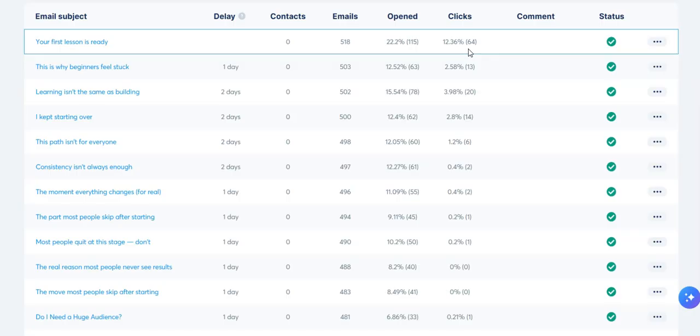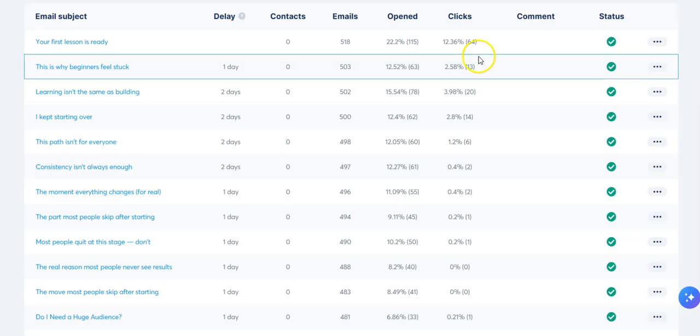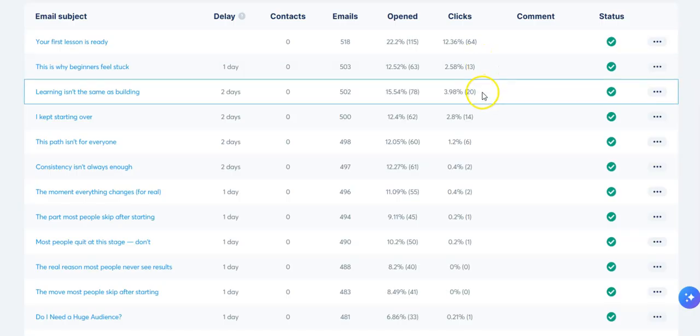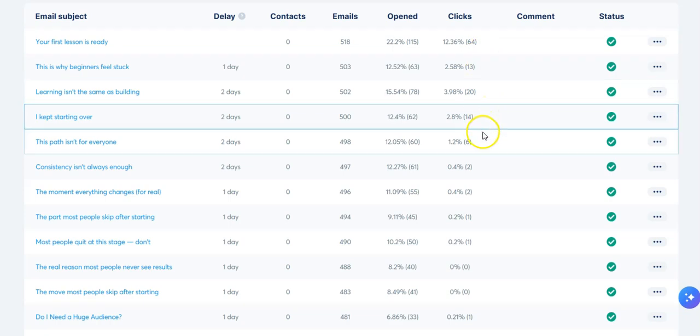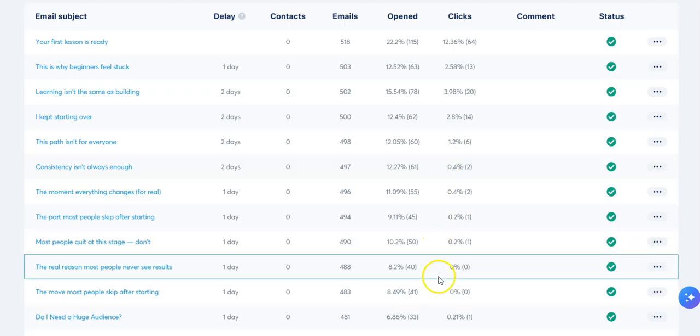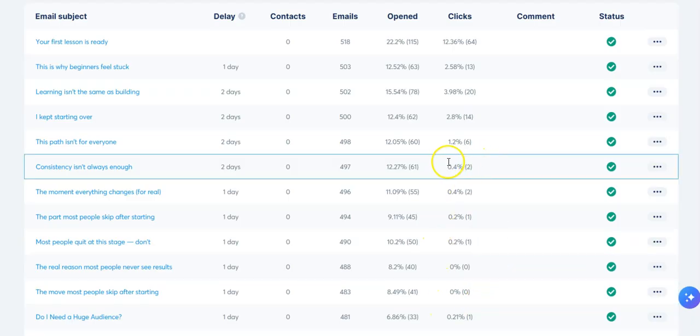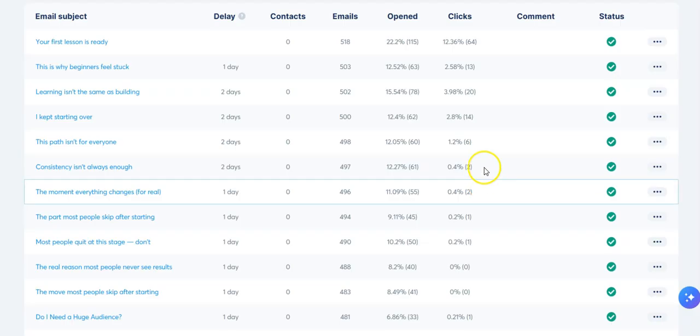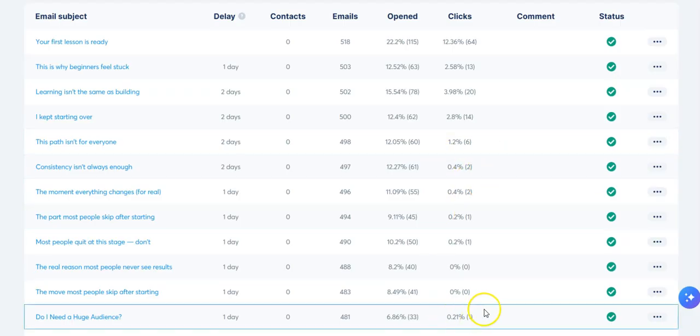And I'll show you guys more examples that you can do. So you can see that there are people clicking on those links. Now, this is the reason why I wanted to show you this part. You can probably notice that people stop clicking when it comes to these emails. A lot of beginners will rewrite the emails or give up when it comes to email marketing.